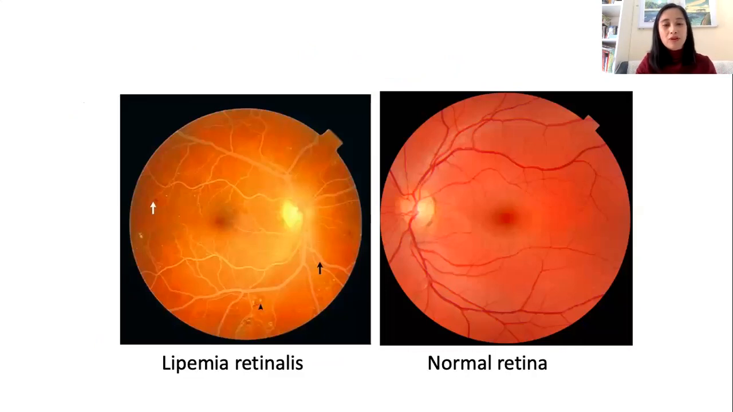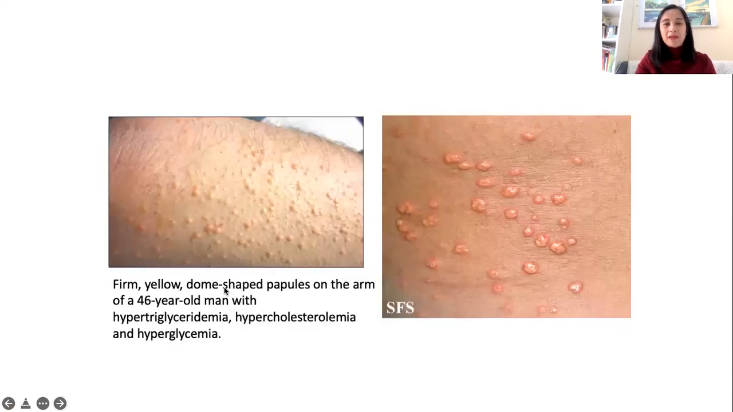And you can actually observe this through your physical examination. If you look at the retina, and the retina would look like this, you will have lipemia retinalis. The fats is in your retinal vessels. And this is your normal retina. Some patients would also have this